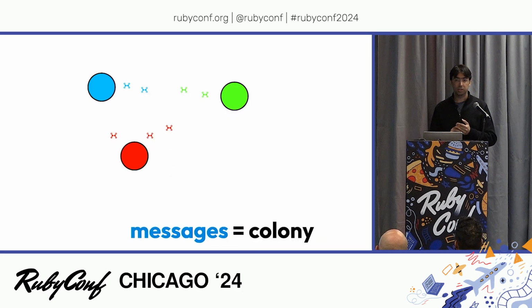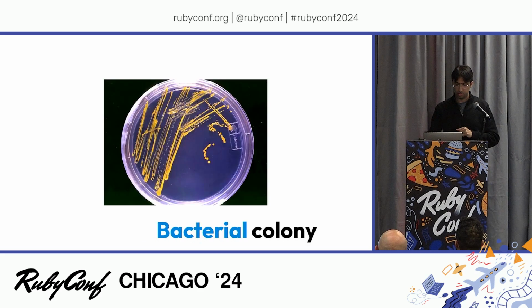And speaking of these populations, these colonies, they can communicate with each other. They can send each other messages, they can send these molecules across, and they can talk to each other. And you can actually see them with your eyes. You can do this at home. If you have kids, you can do the classic experiment. Go to Amazon, search for agar, A-G-A-R, and you get these petri dishes with some sugar on them.